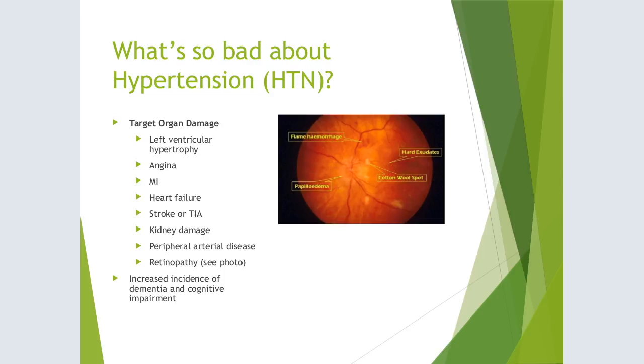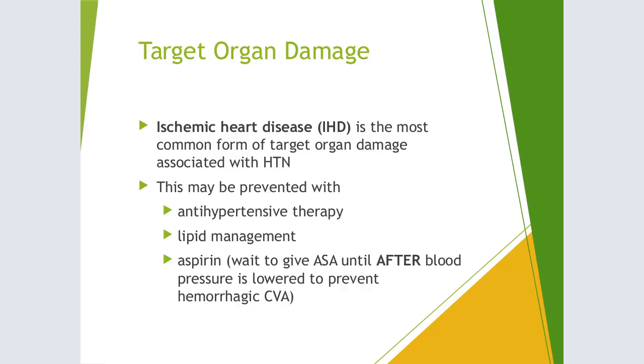There has been increased documentation of dementia and cognitive impairment in patients with uncontrolled hypertension, because the blood's not getting to the brain like it needs to. It's being forced through at such a rapid rate, and all these arteries, vessels and veins are having to respond to it, and it's a huge mess. So uncontrolled hypertension can lead to dementia, retinopathy, peripheral arterial disease, kidney disease, stroke, MI, LVH, heart failure, etc. Target organ damage as a result of uncontrolled hypertension.